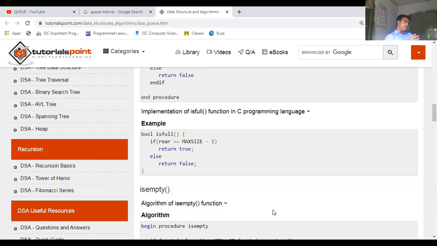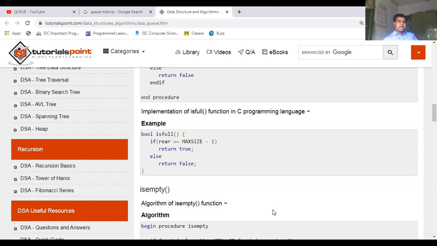Since we are implementing the concept of the array inside the queue, every array has a definite size. So you have to see whether the rear end, that is the back end, is equal to the maximum length of the array or not. If the value of the rear is equal to the maximum length of the array, then it represents that your array is completely fulfilled. There is not even a single empty space. That means your queue is completely filled. Nothing can be inserted.